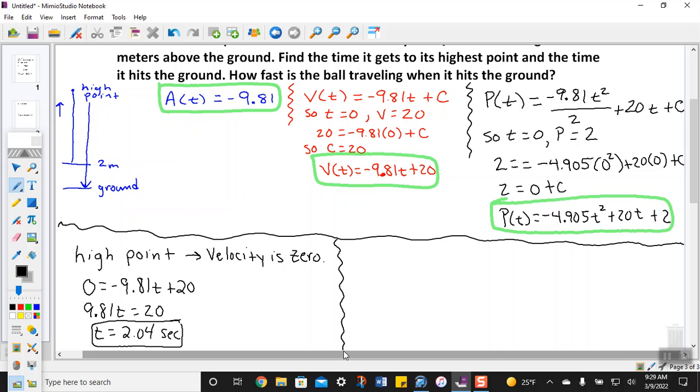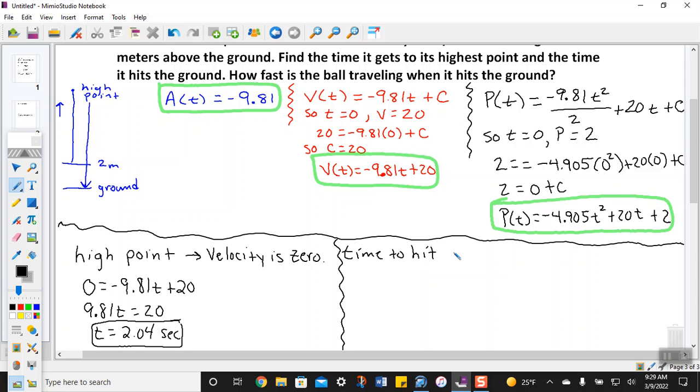Then the second part: how fast is the ball traveling when it hits the ground? Well, my friends, what's the position of the ground? What value do we assume for ground level? 0. So when it hits the ground, how fast is the ball going? I want the velocity when it hits the ground, but we need to know the time it hits the ground first, right? So the time to hit the ground